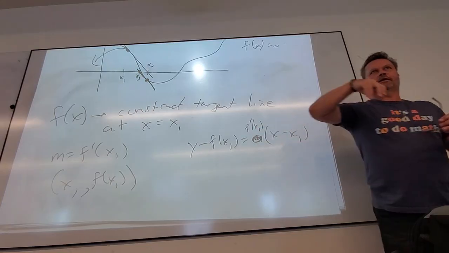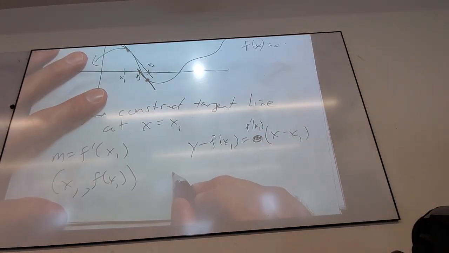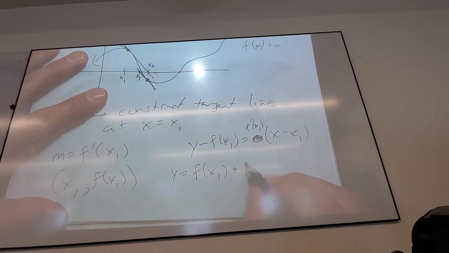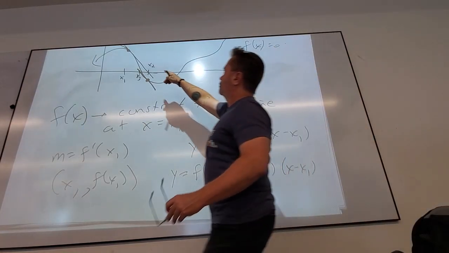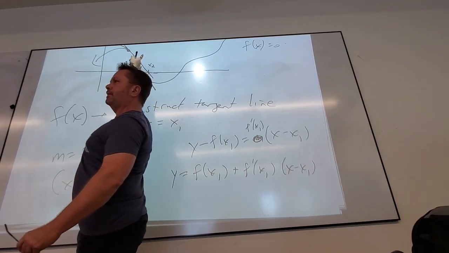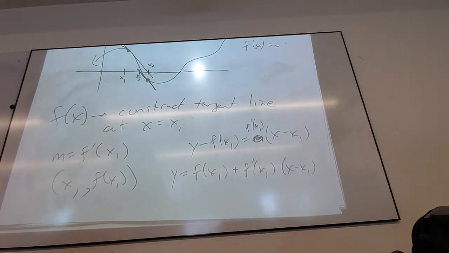Just forgot to put the more technical derivative. Okay. So then y equals f of x1 plus f prime of x1 times x minus x1. Now, here's the trick. So I'm at the stage where I constructed my tangent line. What was the next thing we did? Took a guess, constructed a tangent line. How did I get x2? What was x2? The x-intercept of the tangent line that I got.